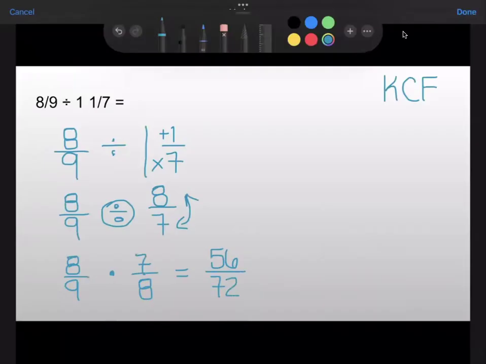I do notice that both 56 and 72 are even numbers, so I know I could divide them by 2 to simplify. Another thing I could do is I notice they both have 8 as a factor. There's an 8 right here and an 8 right here for both of those numbers. So if they both have 8 as a factor, that means I can also divide both of them by 8. So I'm going to go ahead and do that to simplify. Divide this by 8 and divide this by 8. And what that gives me is 7/9. And again, that is a proper fraction, so I do not need to change it to a mixed number. And that can be our final answer,